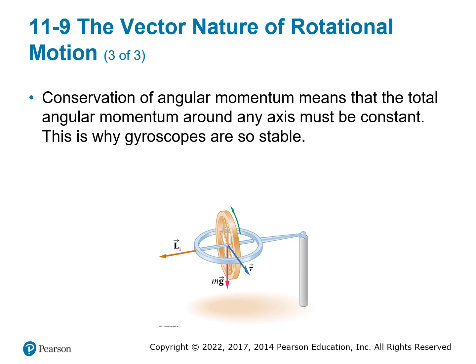And then lastly, conservation of angular momentum means that the total amount of angular momentum around any axis must be constant. Right? It's conserved. It just doesn't go away. It has to stay the same as when it started, as when it ended. AKA, this is why gyroscopes are so stable. All right, in both axes, the angular momentum remains constant, causing it to keep spinning and not completely go off anywhere else.